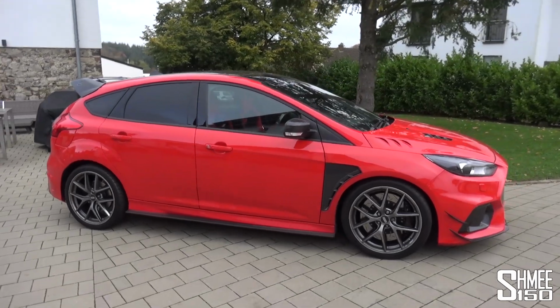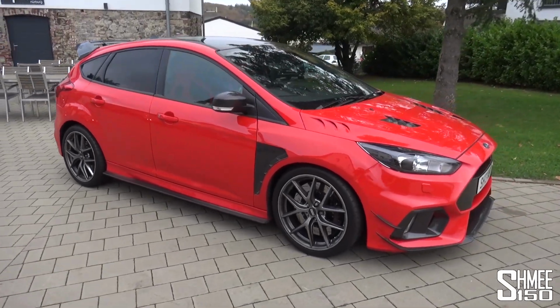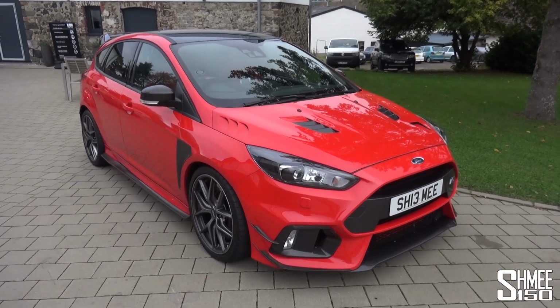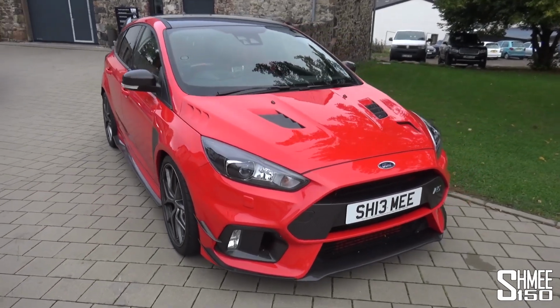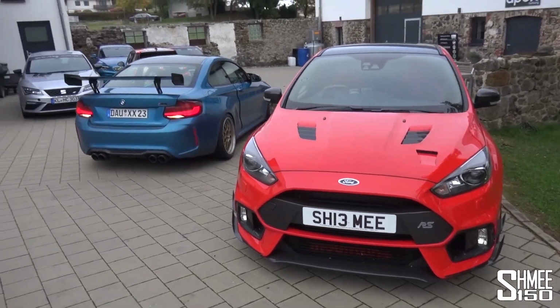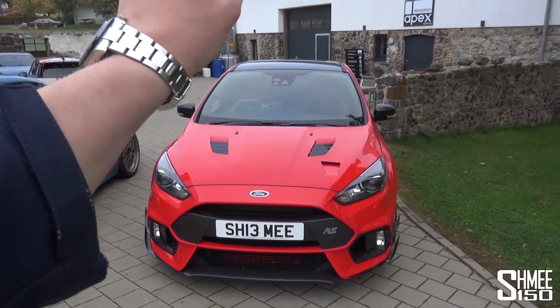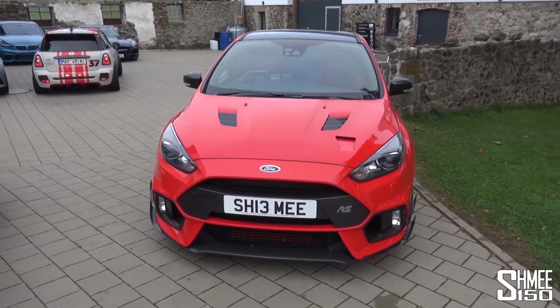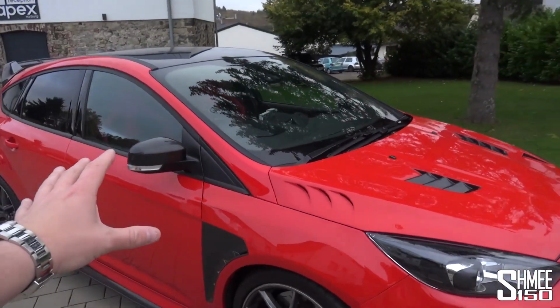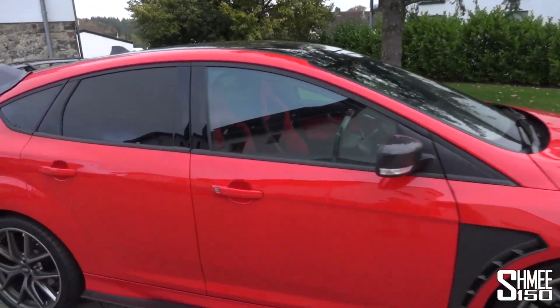I headed with my blue RS at the time out to Essex Ford for the double collection day of this car, one of 300 red editions of the Mark III Focus RS. And at the same time, my Heritage edition, one of 50, which I'll be keeping as a permanent Shmeemobile. By the way, there's also something I want to show you inside the car that connects to that in just a moment. But almost straight after collection day of this car, we took it for the modification, starting at Prototrim,